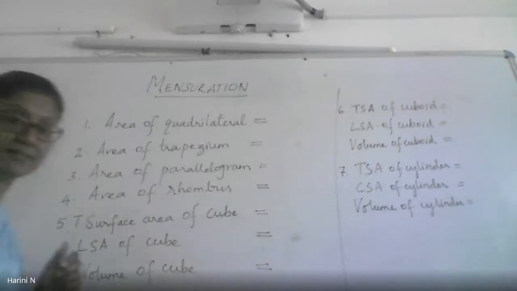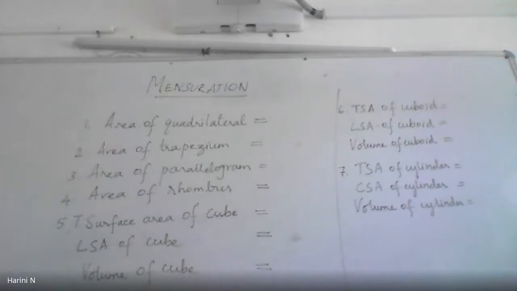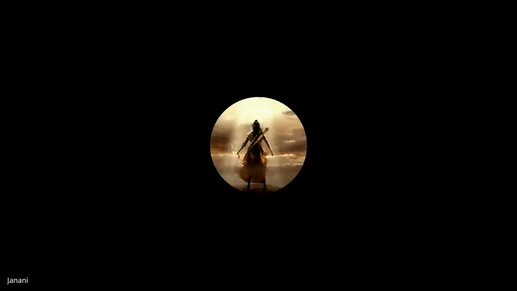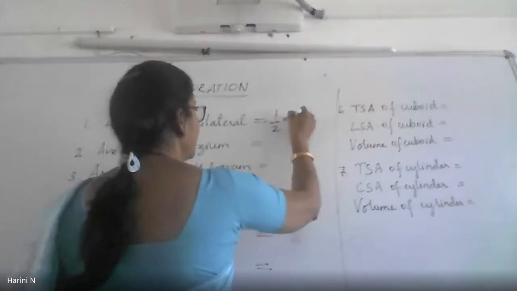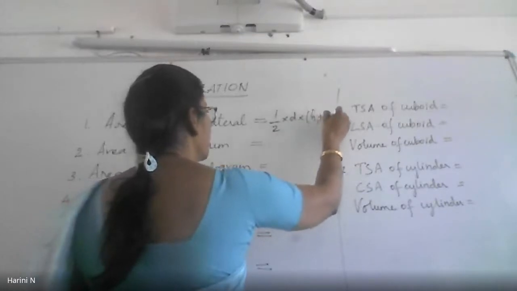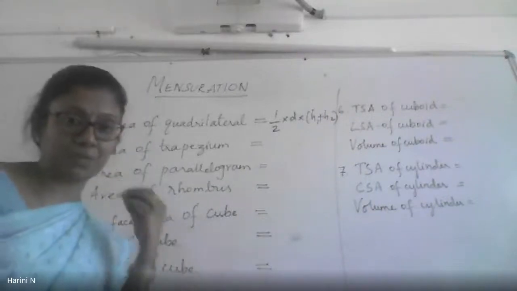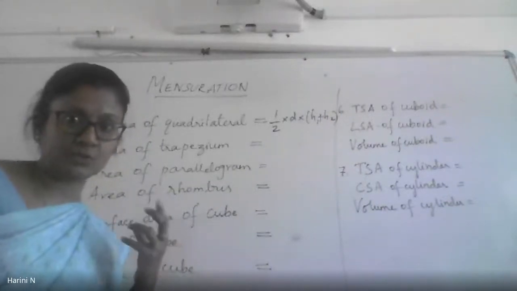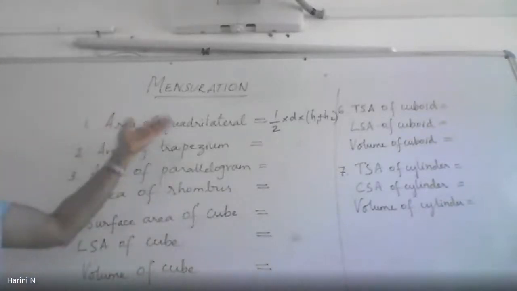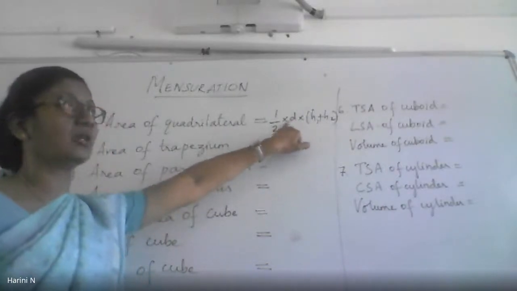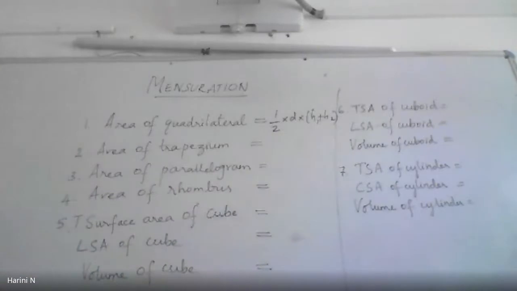Okay, area of quadrilateral. Can anyone tell me what is the area of quadrilateral? Ma'am, length into breadth. Hey, area of quadrilateral. Ma'am, half... What into the rectangle, my dear? Area of the general quadrilateral. It is half into diagonal times (h1 plus h2). This is the general formula. What you are telling, L into B, is for a rectangle, which is a special variety of quadrilateral. Please don't tell me that L into B is the area of a general quadrilateral. When you have the heights given and one of its diagonals known, then this is the formula you will use to find the area of a quadrilateral.